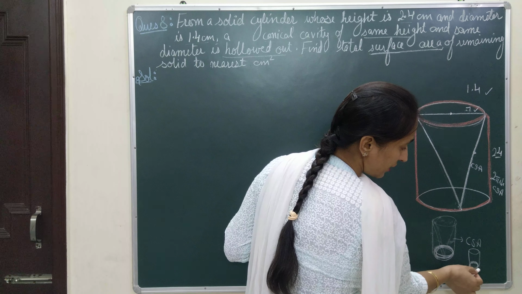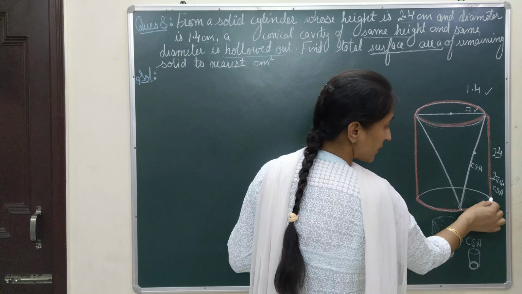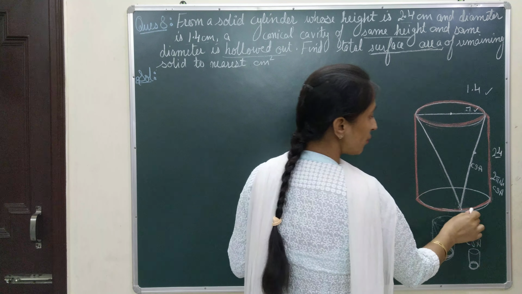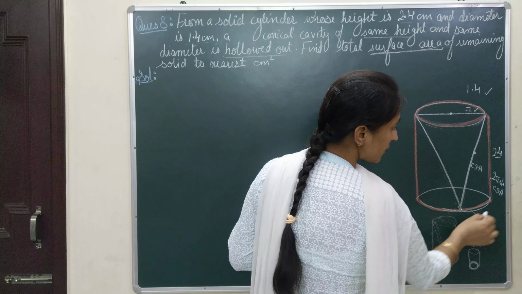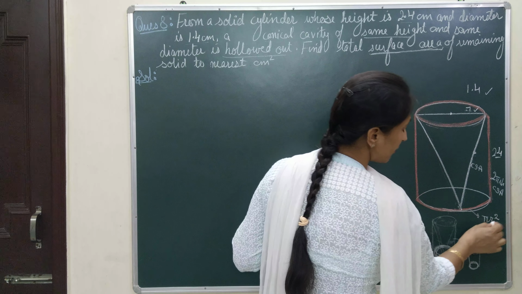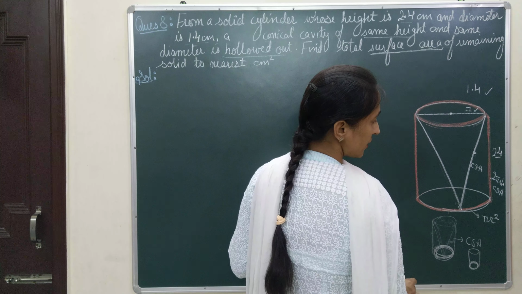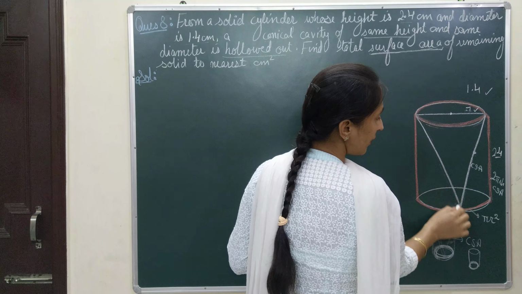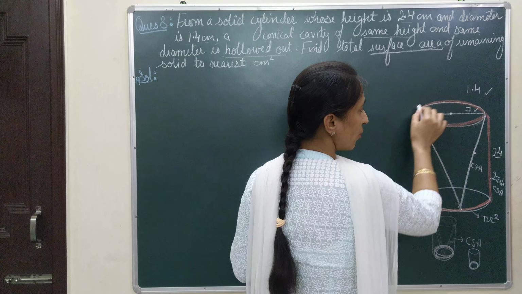This is same as it was earlier. As it is circular in shape and you are taking the surface area, you will take the surface area for this circle also. That means you will be taking area for this circular region, that means pi r square. Clear? So you will be taking here one, the curved surface area of this cone,